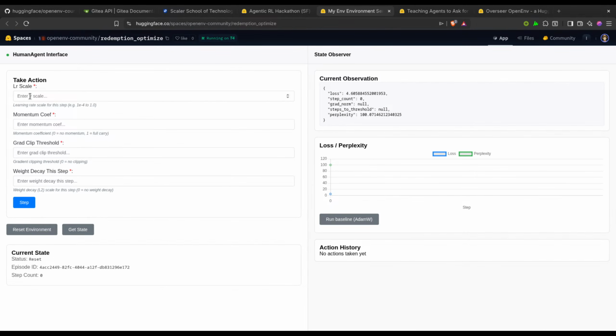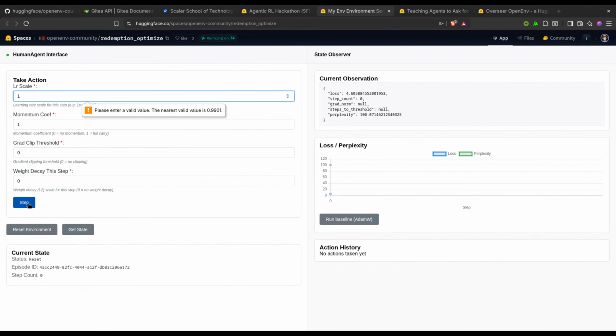This is something. Okay, what I need to pass. Learning rate. Okay, let's pass one. Or do I need to pass it? Okay, I don't know. Momentum, let's suppose 100. Okay, the nearest valid value is shown. So it has given me the option to select, right.